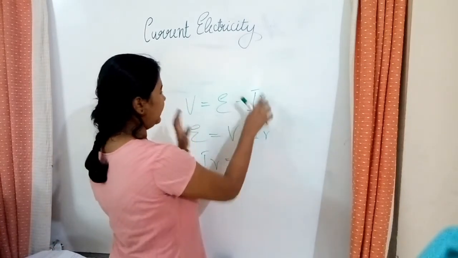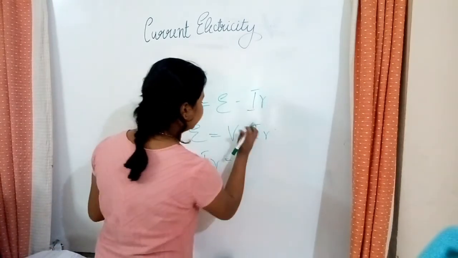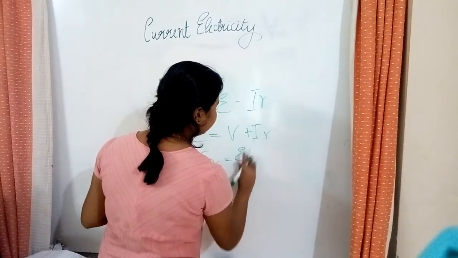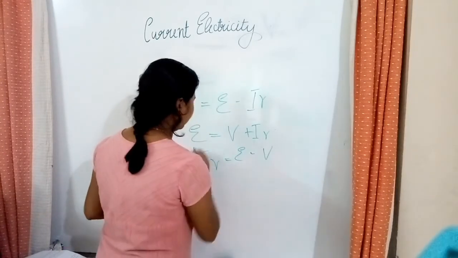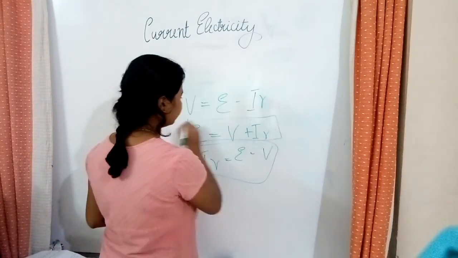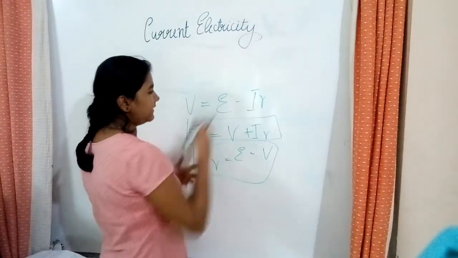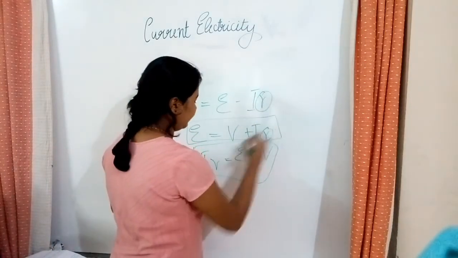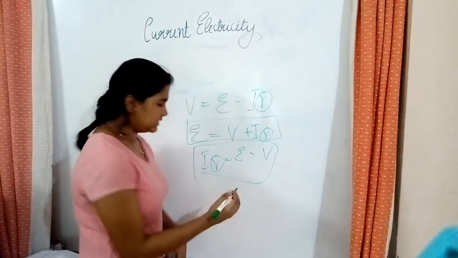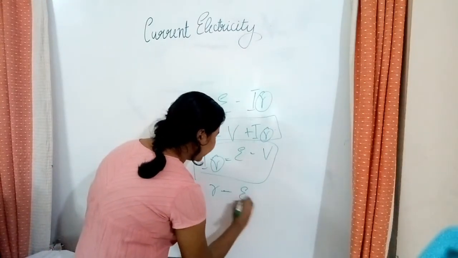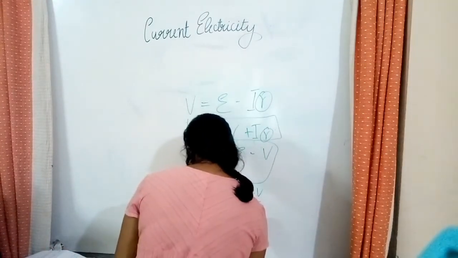Okay. We'll take this to here and we'll take this to here. So that is E minus V. So these are the equations. We found out IR. Now we have to find the R. Okay, the R over here. We found out till here. So what is R? R is equal to E minus V divided by I.